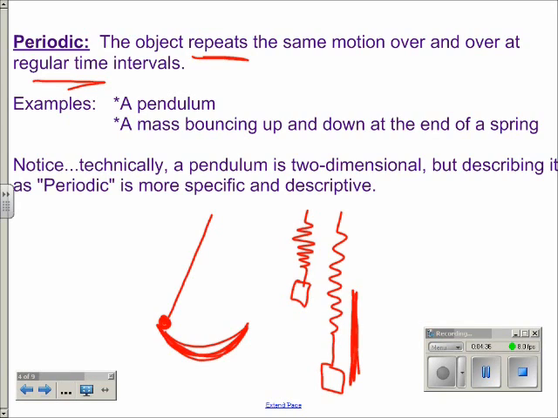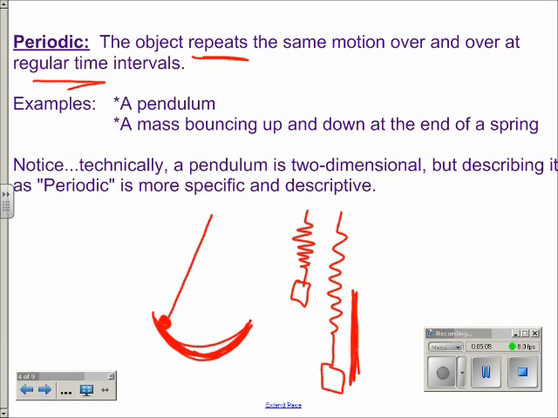I should probably comment that the pendulum is also 2-dimensional motion, because it's traveling in a path that's not a straight line. But by describing it as periodic, we're being a little bit more specific and descriptive. So if I give you an example of an object and ask what kind of motion it is, you want to give the type that is most descriptive, the one that's most specific. These are currently arranged in the video in order from least descriptive to most descriptive: one dimension, two dimension, periodic,